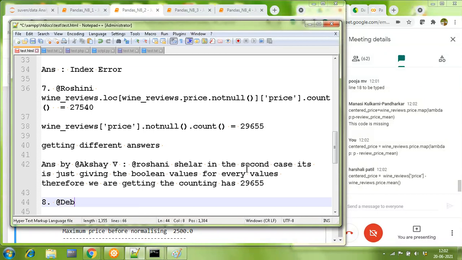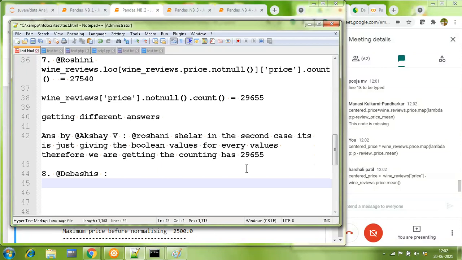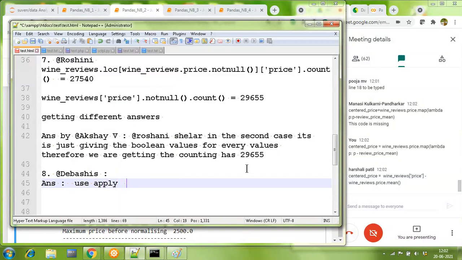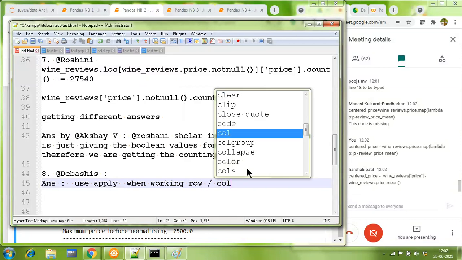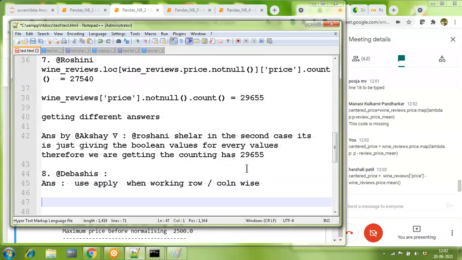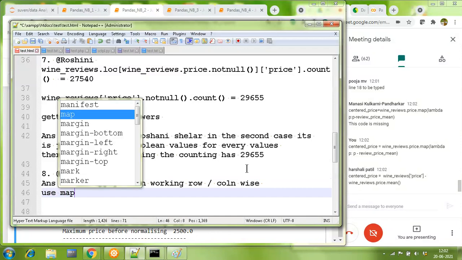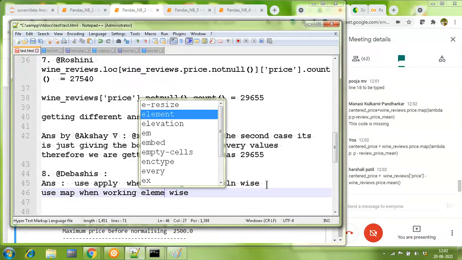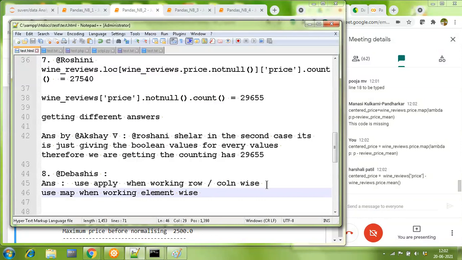Answer to the question from Devashish: use apply when working row wise, column wise. Use map when working element wise. In this case, we are working element wise, so it's always simple and straightforward to use the map function.